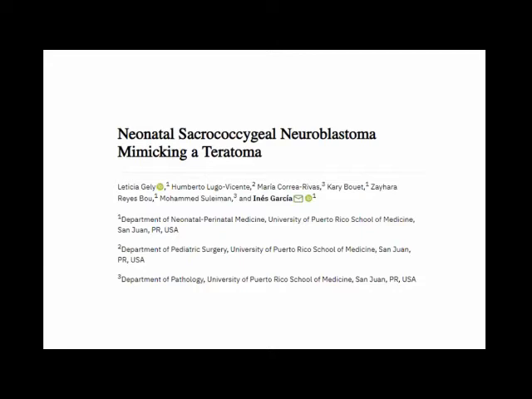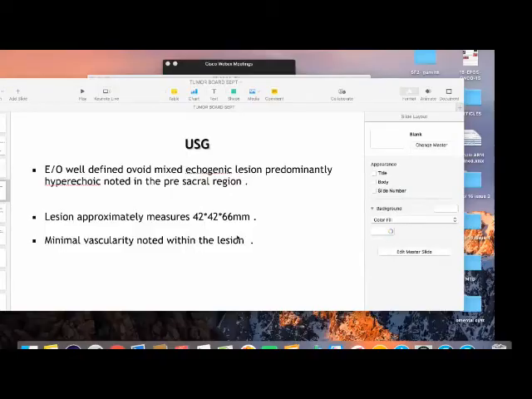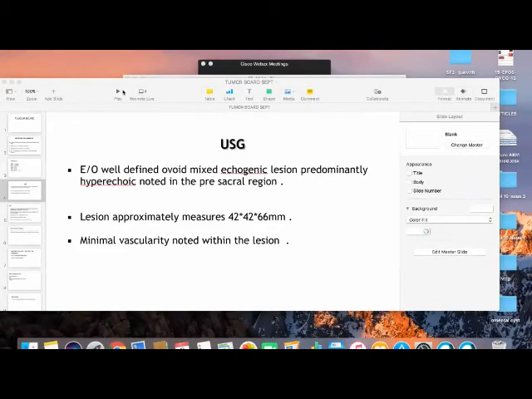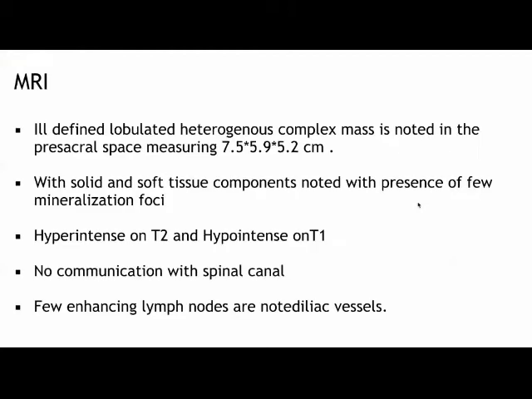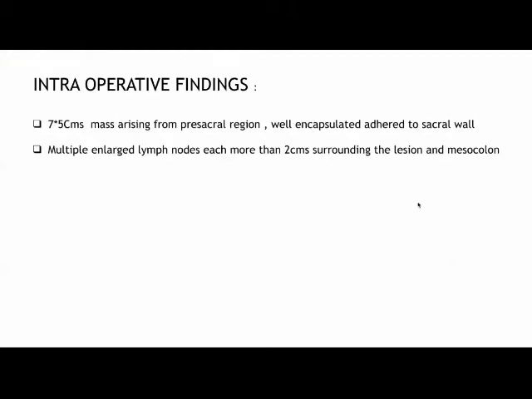I think, Dr. Akshit, would you like to take over, or you wanted to tell the course of what has happened for this child? Start. So this child, on the basis of the imaging findings, the most likely diagnosis, like you said, was a presacral mass, probably thought to be a mature teratoma, and they went ahead with the surgery for this child.